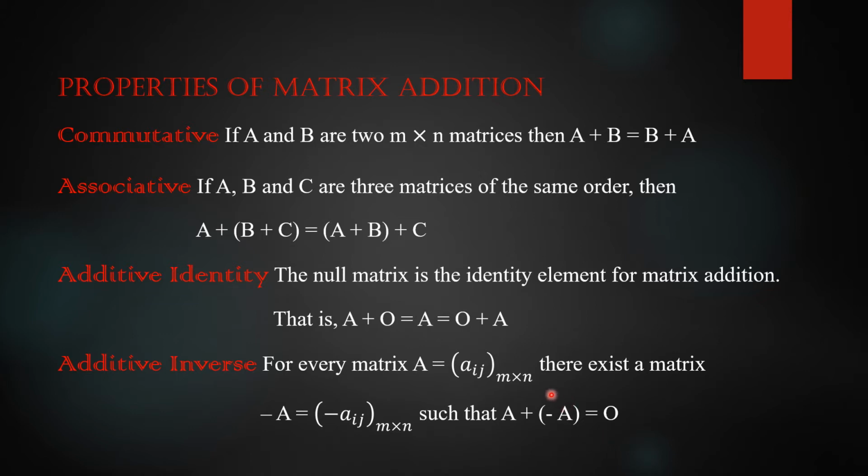So then this minus A is known as the additive inverse of A, or A is known as the additive inverse of minus A. Additive inverse means, say number 2, additive inverse is minus 2, and for minus 2, additive inverse is 2. That means you take that number which is opposite in sign, but the value is the same. In the similar way, whenever you want to write the additive inverse of a matrix, you just give a minus sign in front of the matrix. That is the concept. Okay, so next we go.